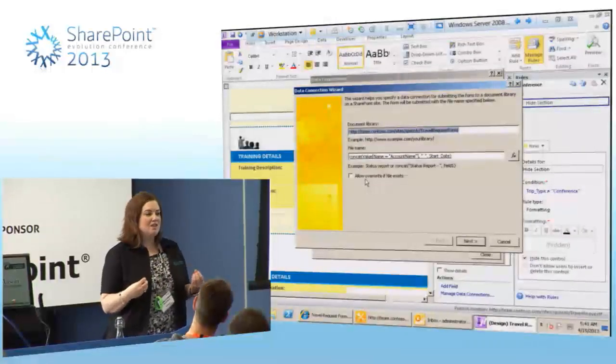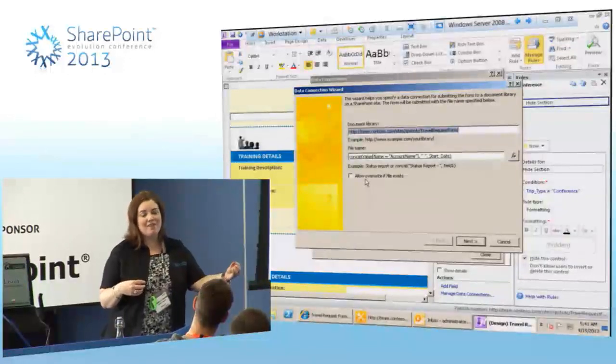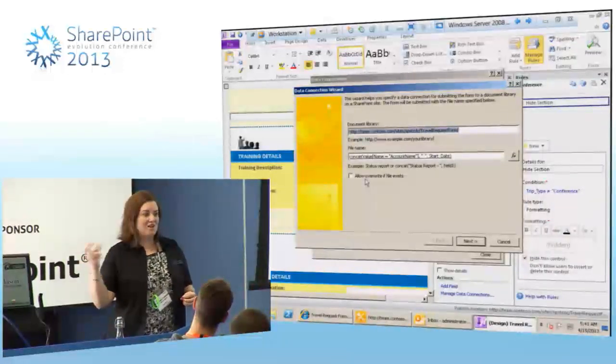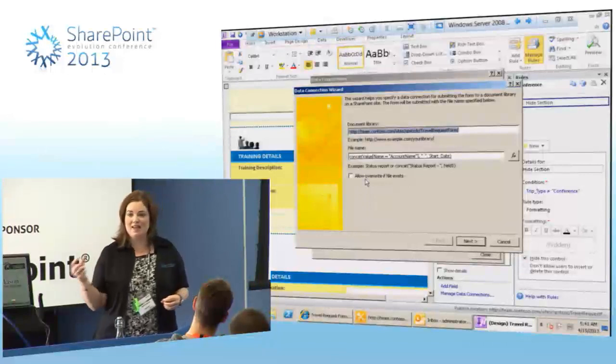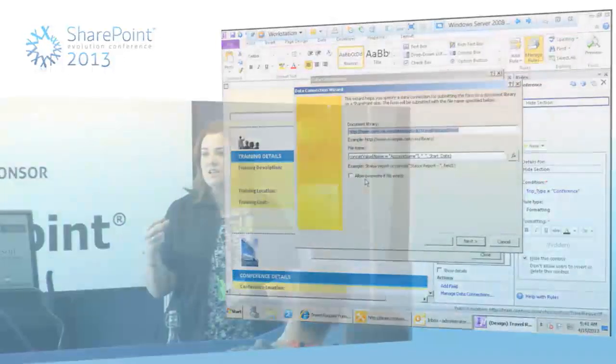It also means that if we want them to be able to open a form and save it back, we want to make sure that however we're concatenating or building that name, it's going to support them resaving over the existing name. So one thing you don't want to do is say, allow them to resave it over the existing name, but